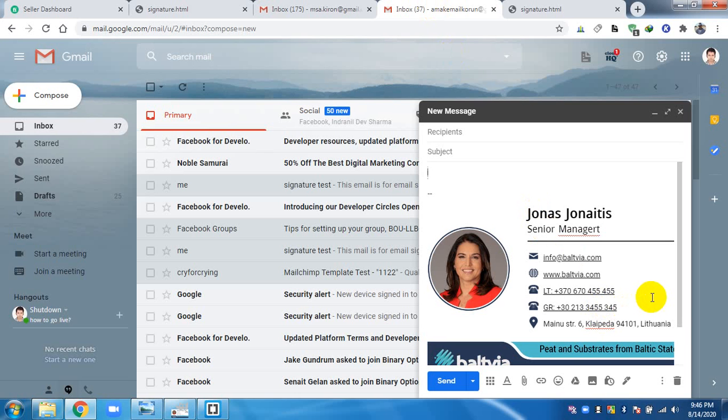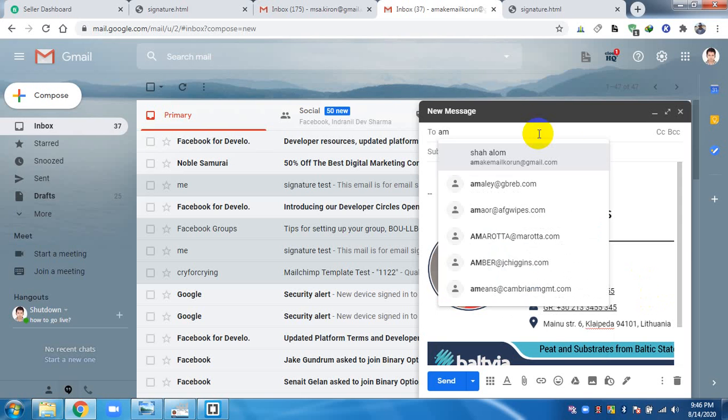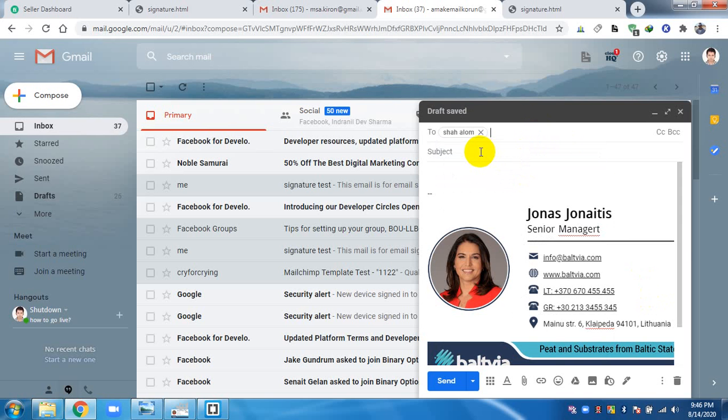All of the email clients like Gmail, Yahoo and Outlook have different types of structure. So let me send the signature. Let me send a test for it.